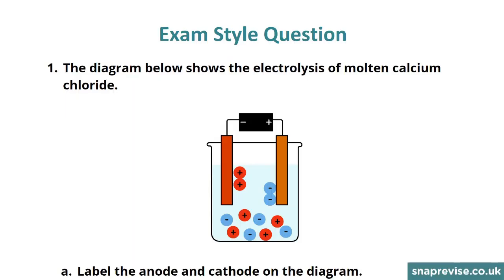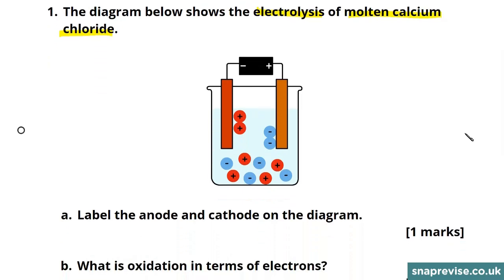Hi guys, in this video we're going to be looking at an exam style question focusing on electrolysis. This question starts with a diagram showing the electrolysis of molten calcium chloride. In this diagram you can see the characteristic components of an electrolysis experiment, which are the electrolyte, which contains mobile ions, and the electrodes. And the first part of the question asks you to label these electrodes as the cathode